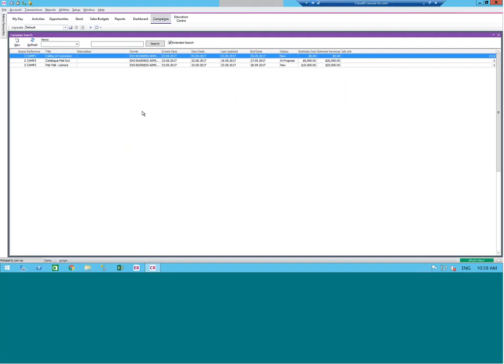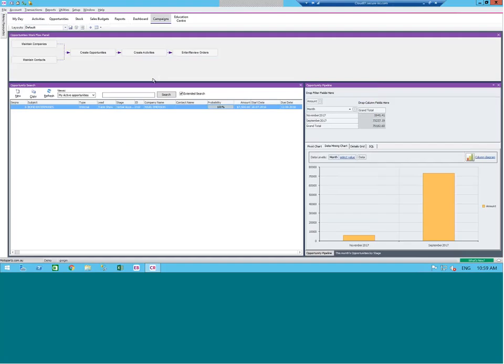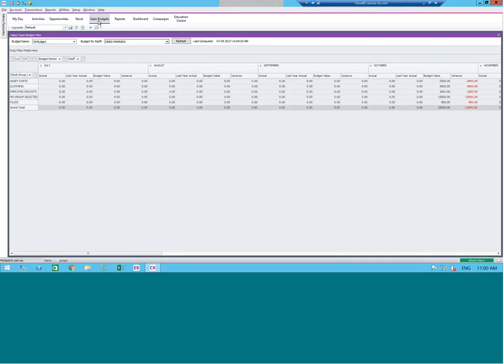All right, so that's marketing campaign. So that's the bulk, really, of the functionality of Exo CRM. It's very much a sales engine with a focus on quotes, orders and jobs, and contact management and marketing campaigns. There is a sales budgeting feature,